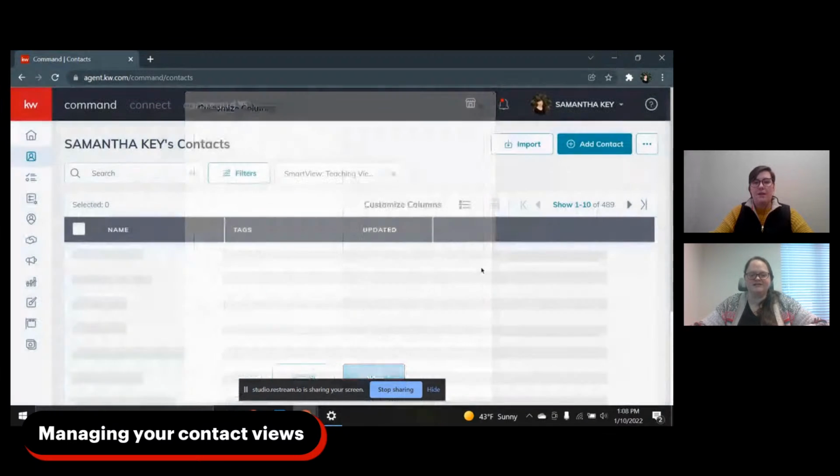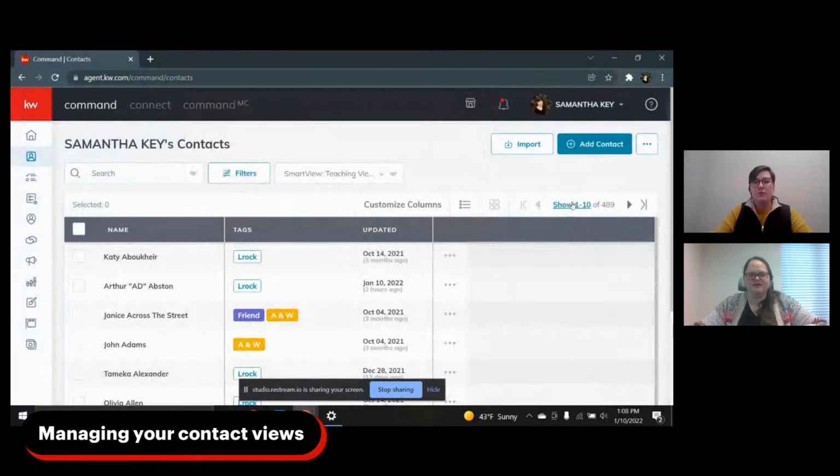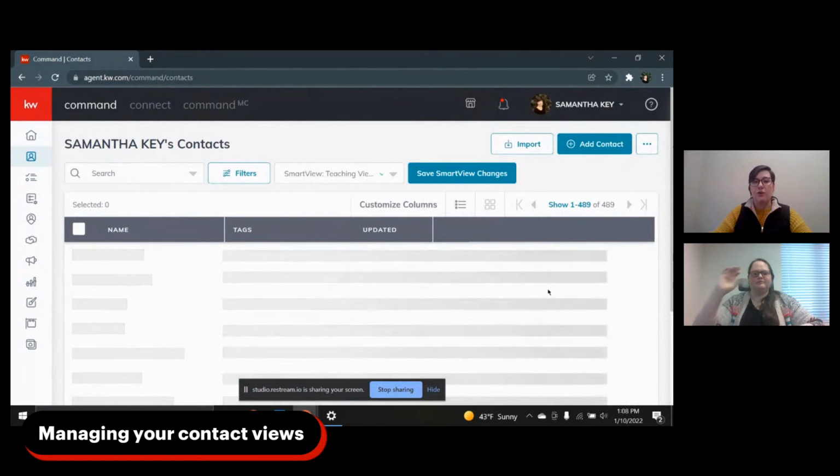That is fantastic. And then you also can decide how many people you want to view at a time. So you can do anywhere from 10 to 500. This is super helpful if you are trying to look at a lot of people at once. You can change to that 500 view and then you don't have to arrow over,